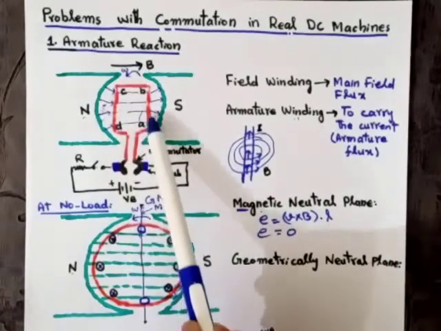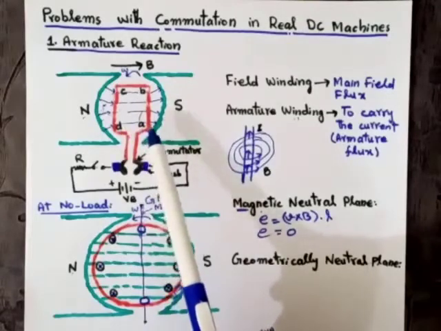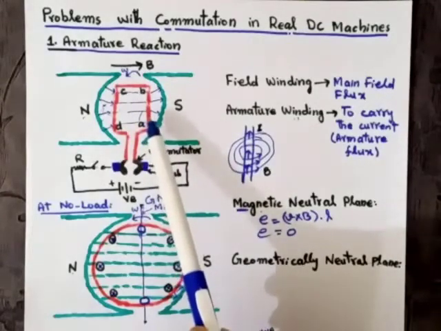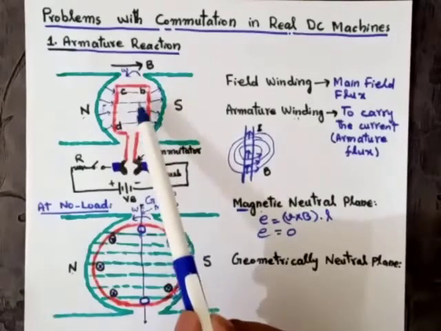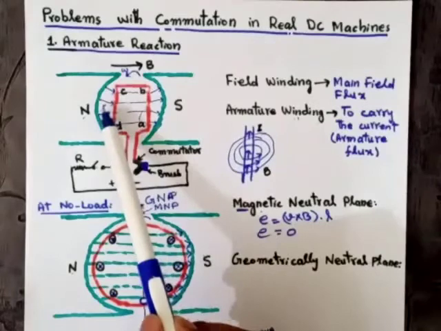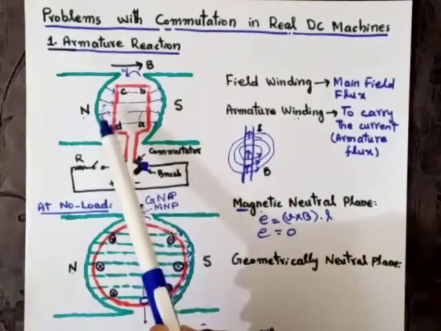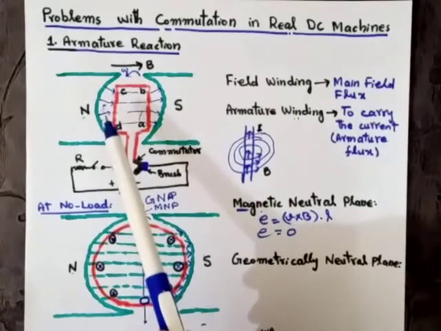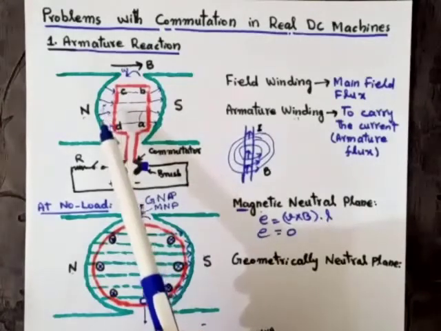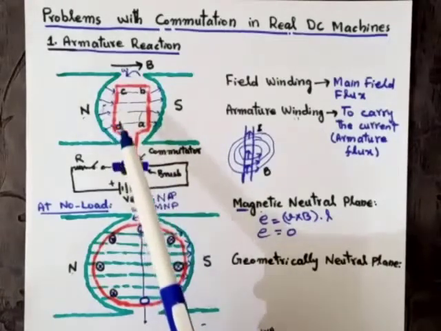When the current flows in this loop or conductors, that is across the conductors AB and CD, then according to Ampere's law, a magnetic field will be produced around the conductors as well. This magnetic field will disturb the original magnetic field, that is the magnetic field from north to south. Due to this disturbance, a change occurs in the magnetic field. This disturbance of the original magnetic field due to the armature magnetic field is called the armature reaction.